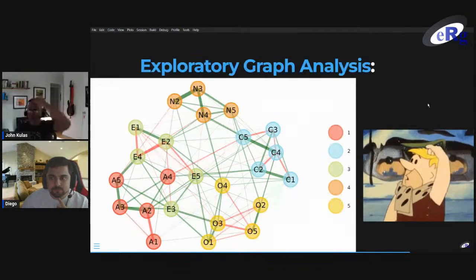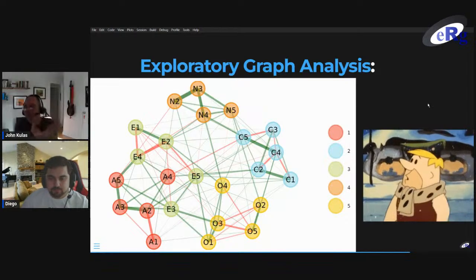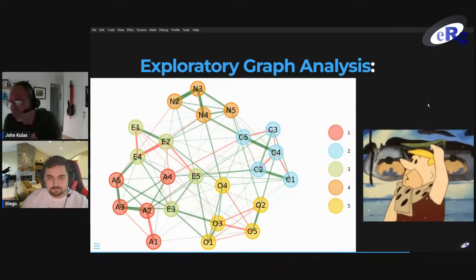When someone like Diego or I sees a graph like this one, we say, ooh, that's Big Five. We can tell right away just because of the letters. The letters have an acronym. I like the acronym OCEAN, but my students like the acronym CANOE. Whether you have OCEAN or CANOE, we have five theoretically specified personality dimensions here. We'll do CANOE. C stands for conscientiousness, A stands for agreeableness, N stands for neuroticism, O is openness to experience, and E